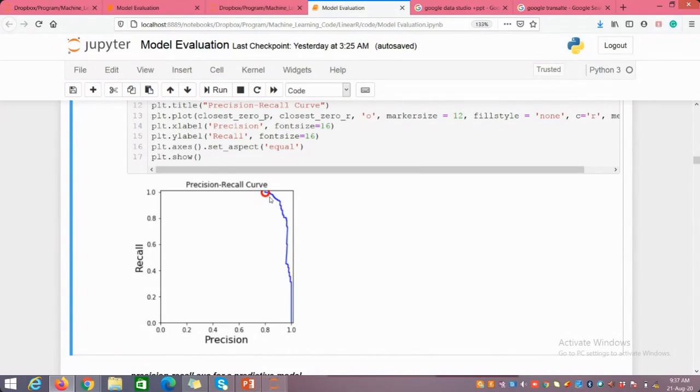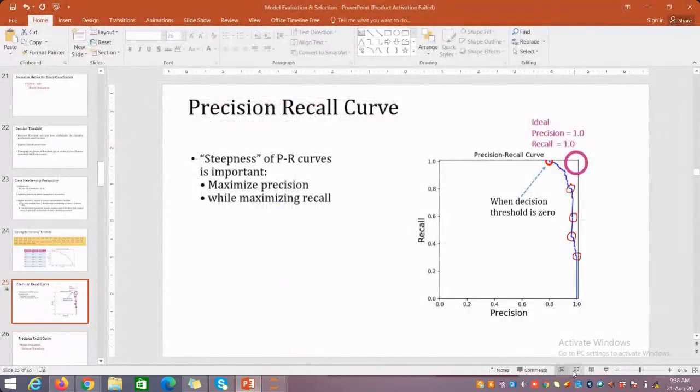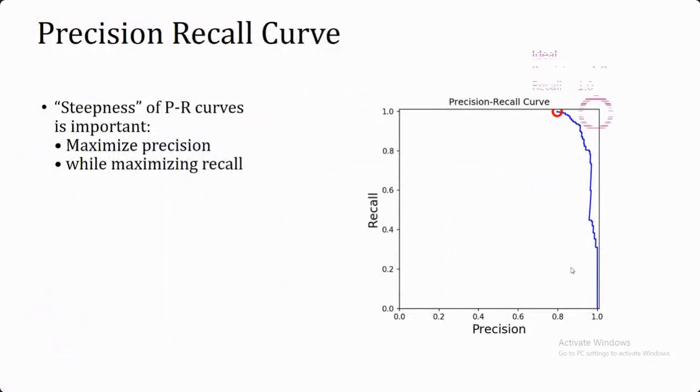As I am varying the threshold, based upon this varied threshold, I am increasing my precision. But as I'm increasing my precision, my recall is going to decrease. Our objective is to get this position, but ideally it's not possible to get the maximum, meaning recall as one and precision also as one. I have mentioned here that this is your ideal case. We want this, but it's quite difficult to get these two values as one.